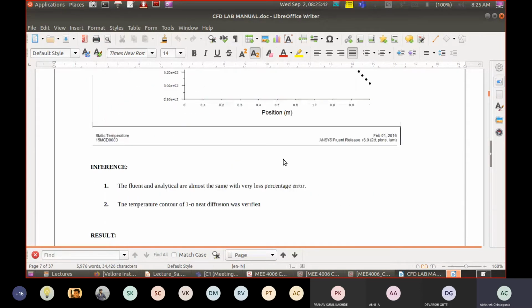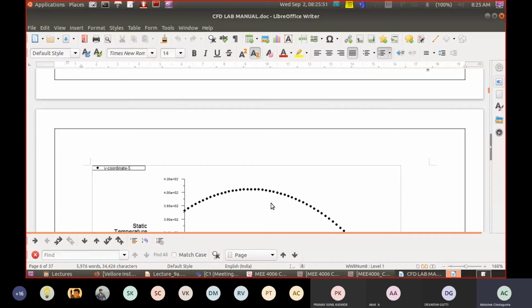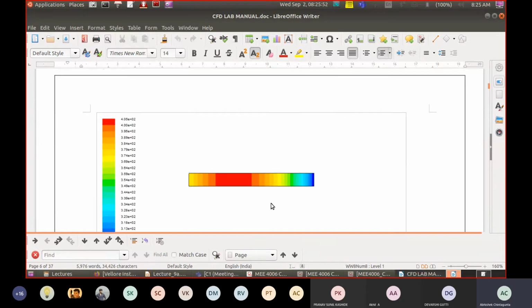And you have verified. There is a difference between verification and validation. So that is the main inference that you have taken, and you have also seen that the static temperature is